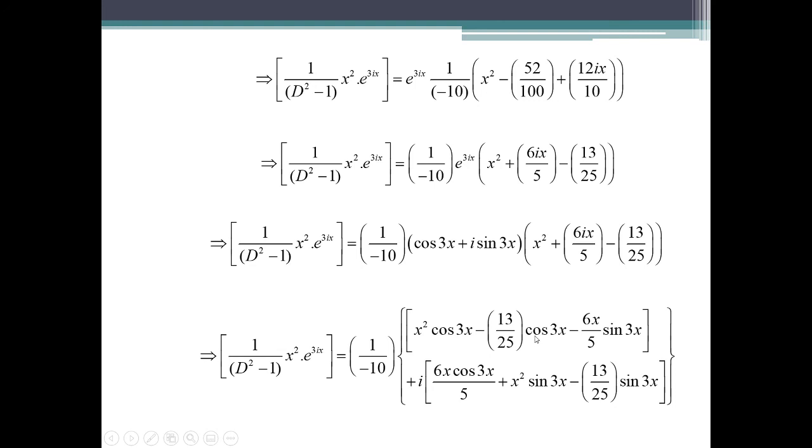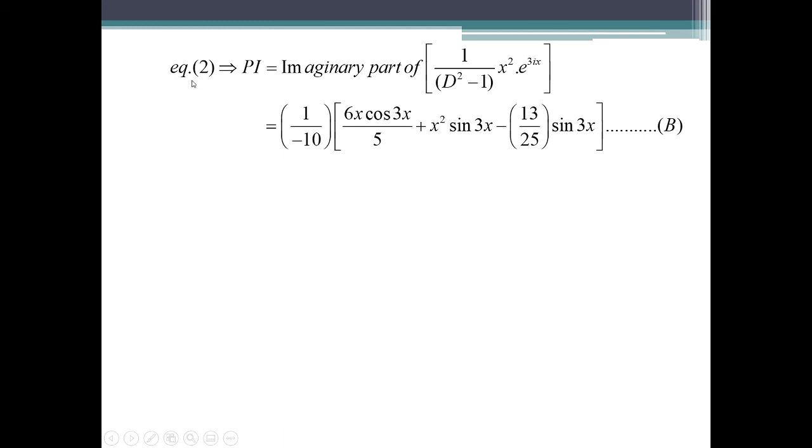Therefore we write down in the first term. Then i into sin 3x into x square, which is the imaginary part. Therefore we write down here in the second term. i into i, this is the real part. Therefore we write down in the first term, and the last term, here i sin 3x into this value, is again the imaginary part. Therefore we write down in the second term. Now this first term is the real part and the second term is the imaginary part, and this is the constant value.